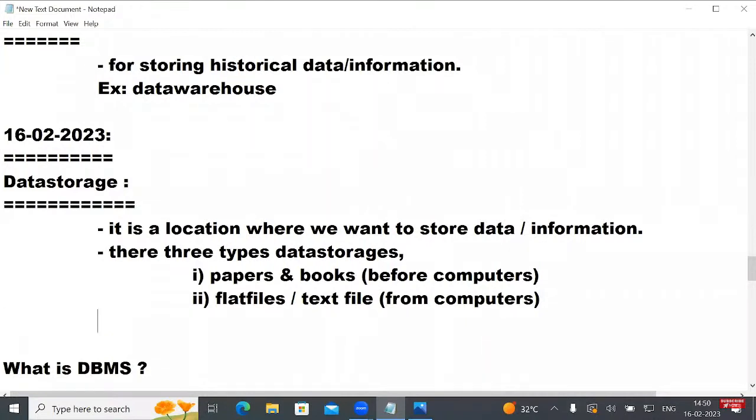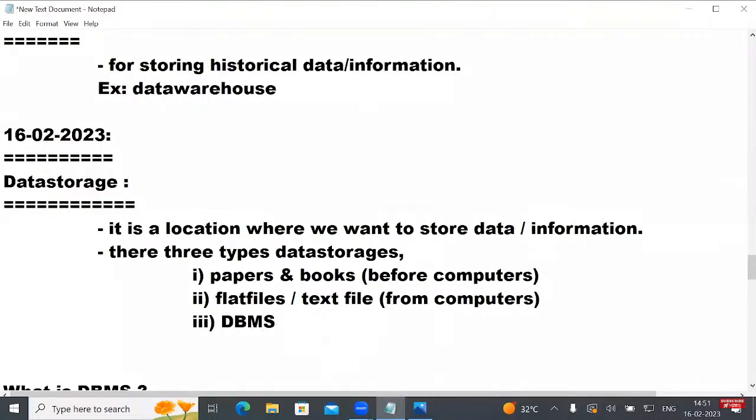Files. But here also, whenever you want to store data in flat files, there are so many drawbacks that people identified. Like data redundancy problems, data inconsistency problems, data retrieval problems, data security problems, data indexing problems. So many problems they identified in files also. So that's why, to overcome the drawbacks of the manual system, that is books and papers, and flat files, whatever problems they identified here, to overcome those problems, people introduced